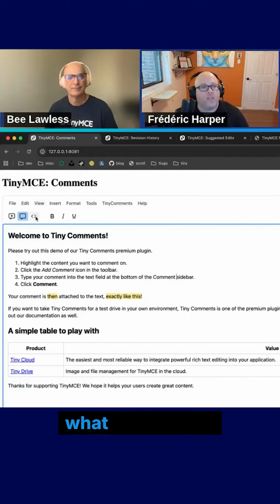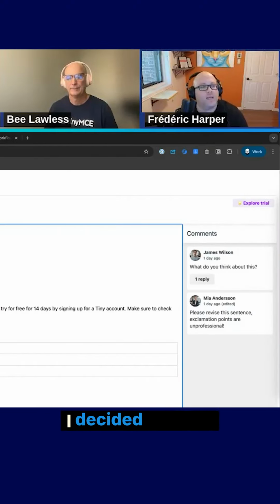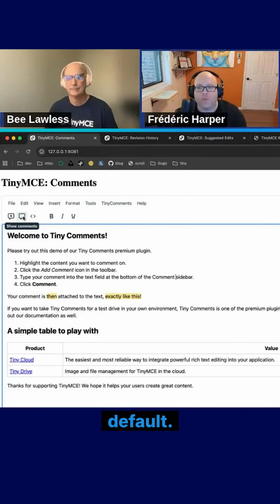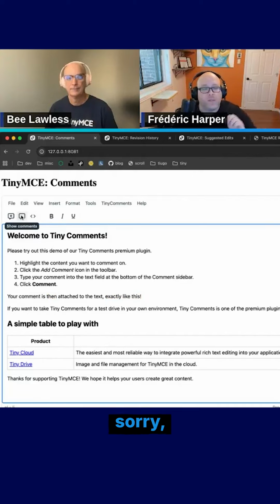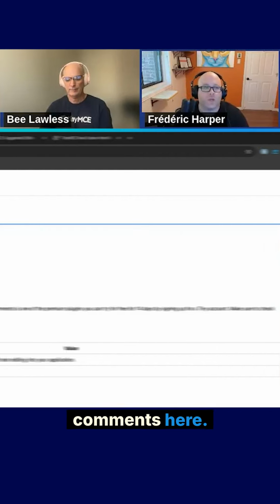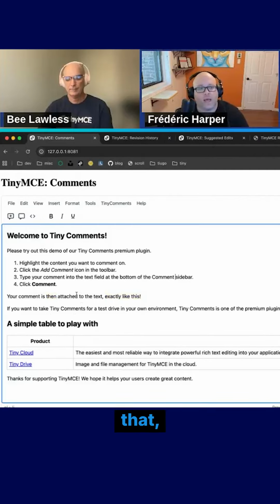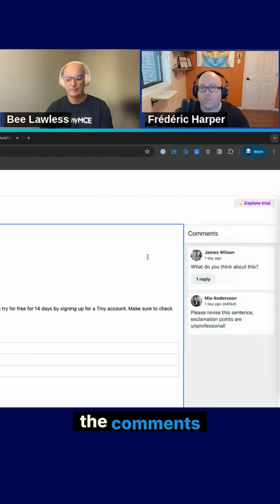So here, what you can see is by default, with my code, I'm going to show you the code after, I decided to show the comments by default. By default, if I load the page, I wouldn't see the comments sidebar, but just for the sake of the demo, I have an option to show it by default. And I see that there are 2 comments here. So when I remove that, I don't see the comments within my content,